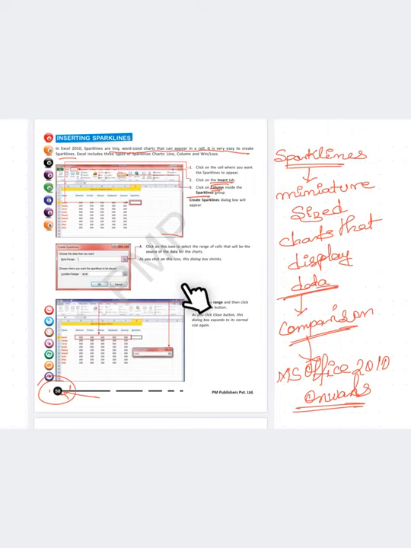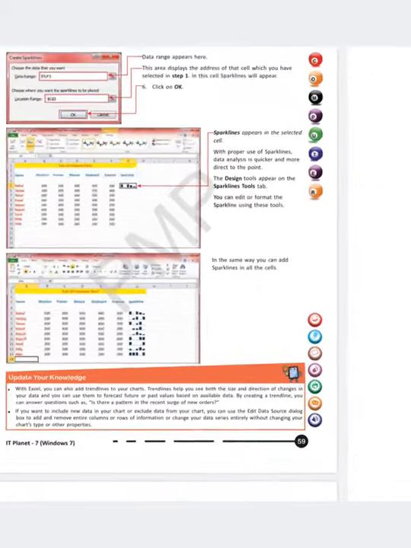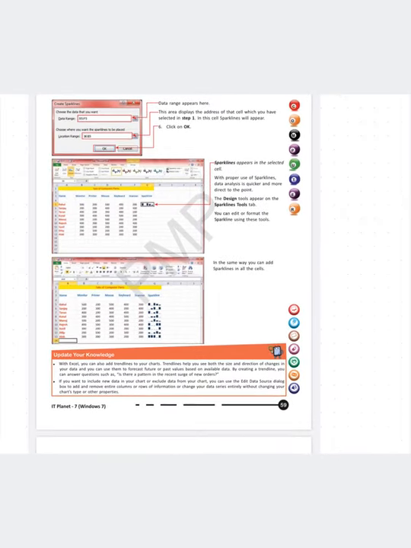Once we have selected the range, and we have selected the location range, the sparkline will be added automatically. Okay, so once we have finalized the data range by clicking OK, the design tool will show the sparkline. Can you see the sparkline here? See, this is the sparkline that is given here. Okay, in this way we can see it.